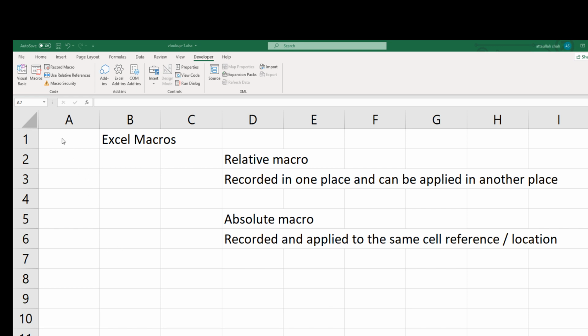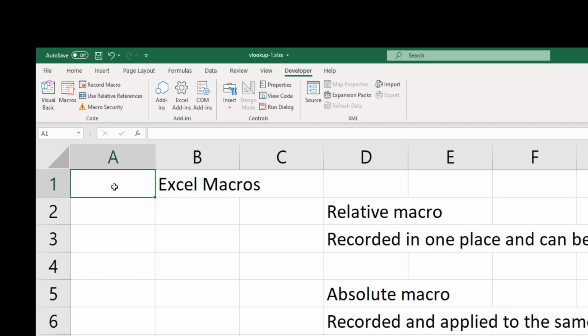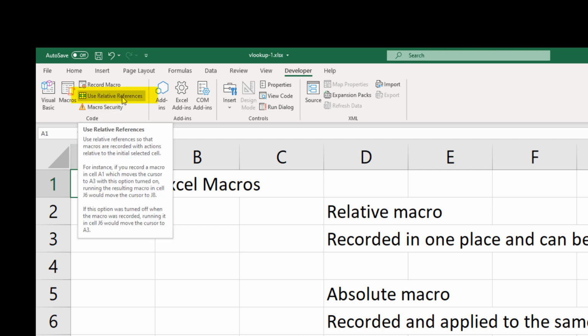Now for our example, we have to make sure that the relative macro is enabled. By default, absolute macro is enabled. So how do we enable a relative macro? Here I am clicking on this option, use relative reference.